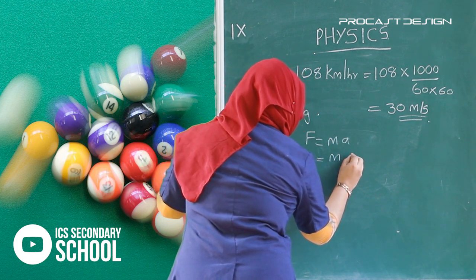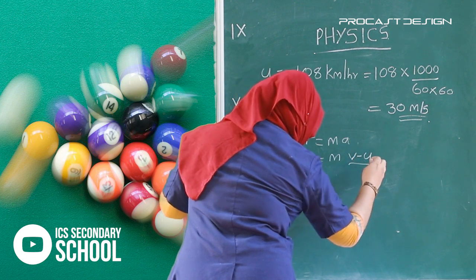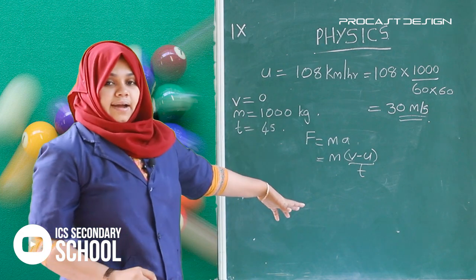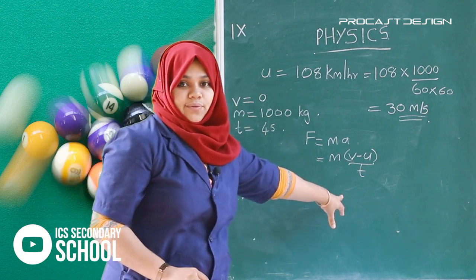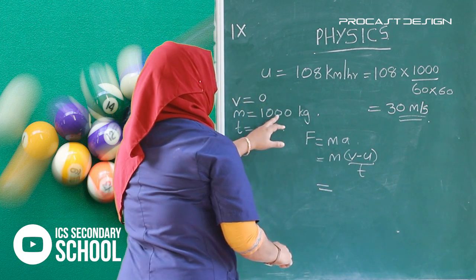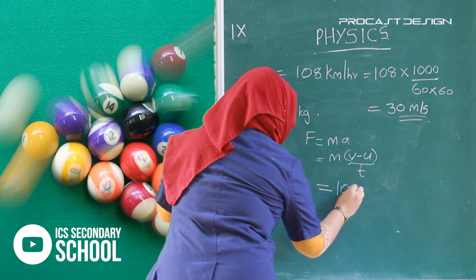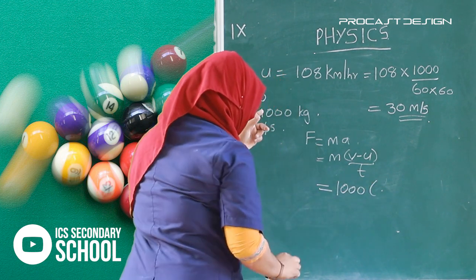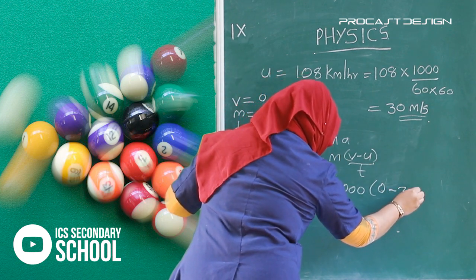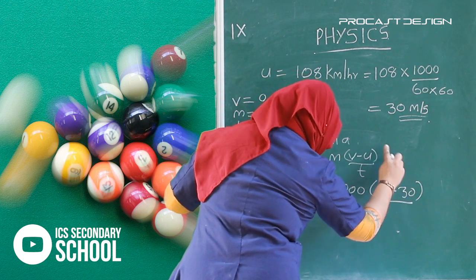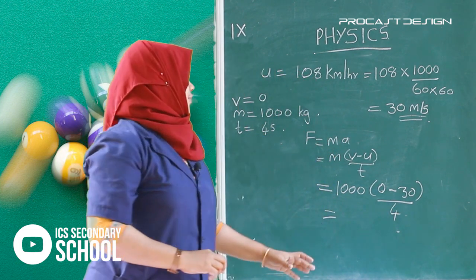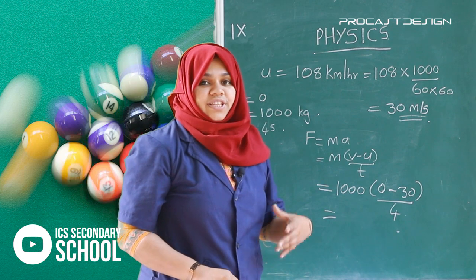M into A means V minus U divided by T. Then apply these values into this equation. What will we get? What is mass here? 1000. Then what is V here? 0. U is 30. Then T is 4. All of you try to do. After that we get minus